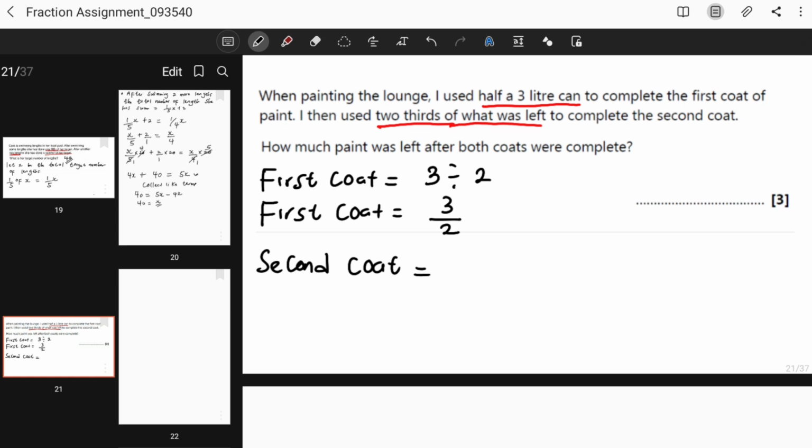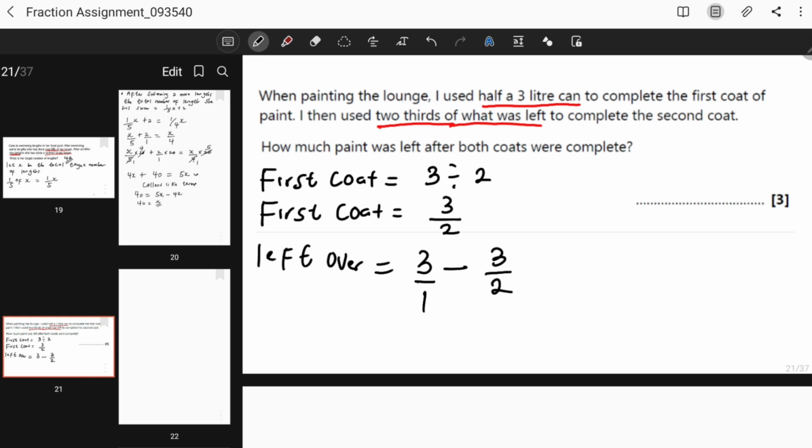2/3 of what was left. Remember, we started off with 3 liters, and then in the first coat, she used 3/2. So the second coat is trying to say that they used 2/3 of what was left. So I think the best thing to do is to find what was left. So leftover